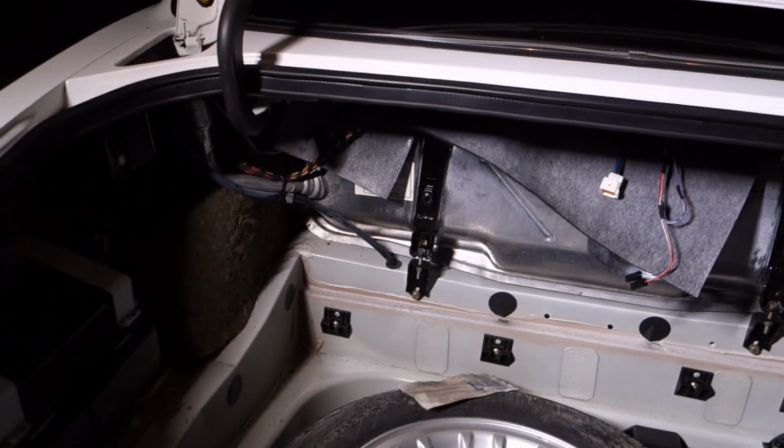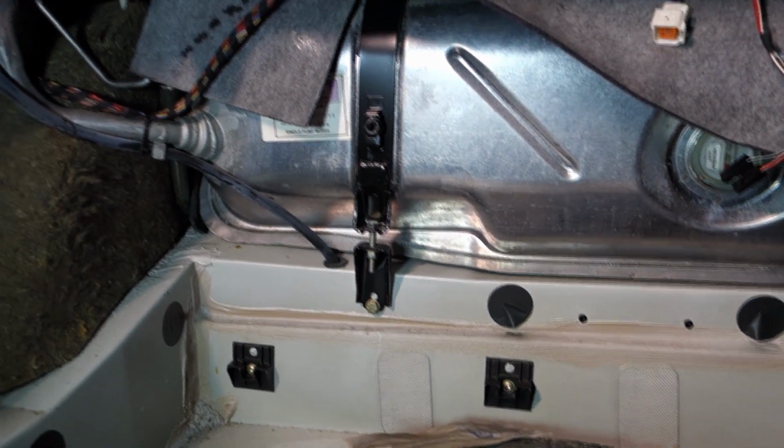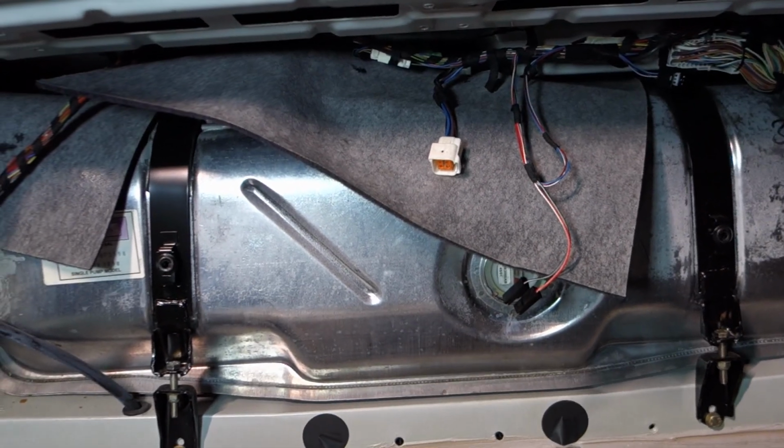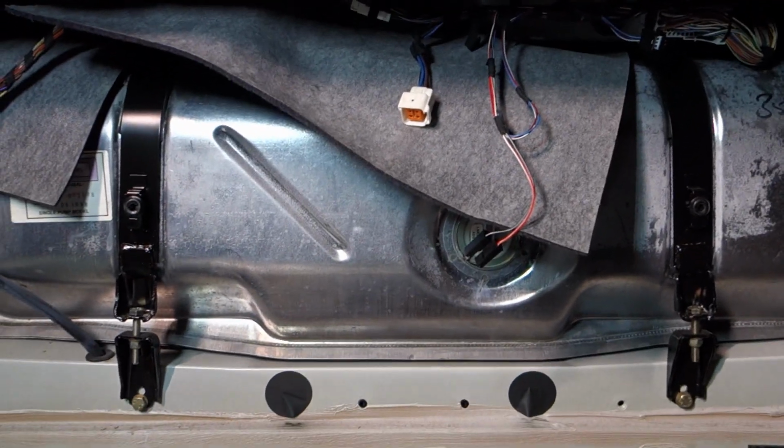So the first things we have to remove to get the fuel pump out of this car are going to be here where the fuel neck of the car is, and we have to take those straps off for the fuel tank. There's another line underneath the car somewhere that I honestly still have to look for, and we should just be able to pull the tank out and lift the pump straight out. Hopefully this is a pump that we'll be able to replace with just a universal 255 LPH pump, and maybe it'll cost us a little bit less than $50 to fix this and have a fully working Vanden Plas XJ